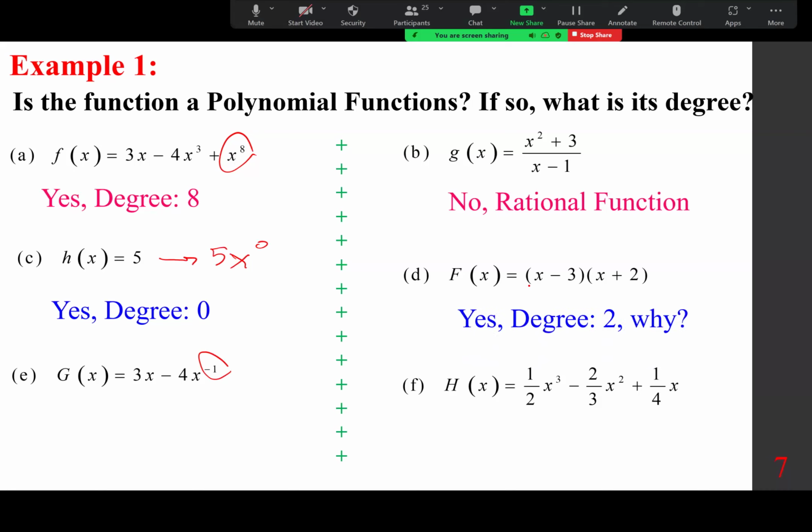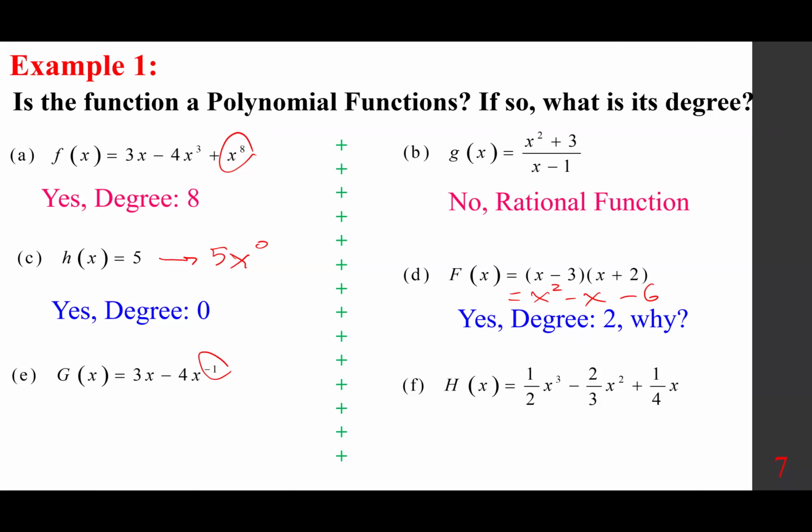Now, when you look at this one, if you multiply them, you get x squared, negative 3x plus 2x minus 6. This is a polynomial of degree 2. Why? You multiply them through and you see x squared is the leading term. So part E,